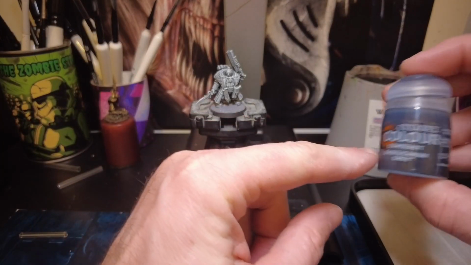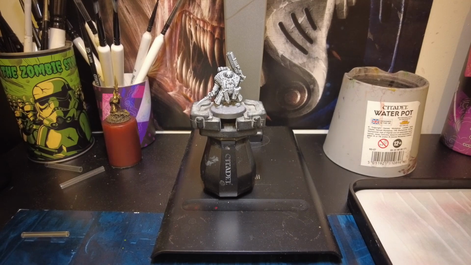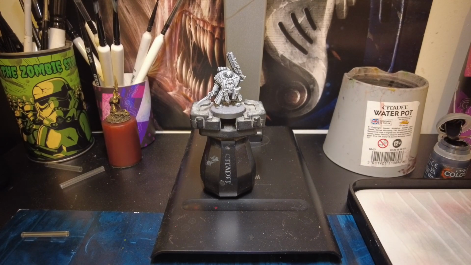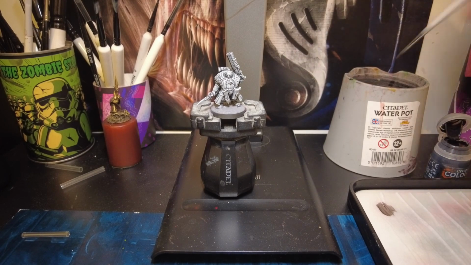Right, base done, we're going to grab our Basilican Grey. And we're not going to need any Lamian medium for this, we're going to go straight from the pot. And this is where we're going to get the outside of the coat done. I am using the Artist Opus Series S one brush from the Series S paintbrush set